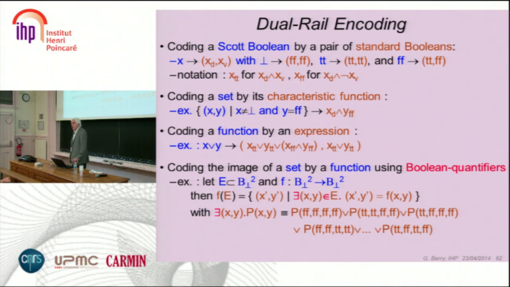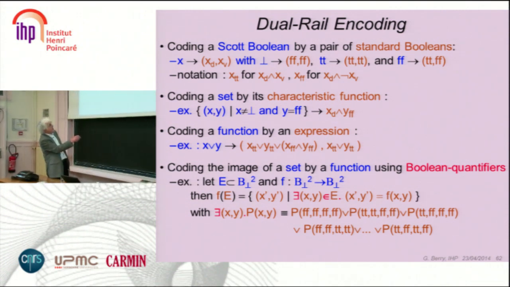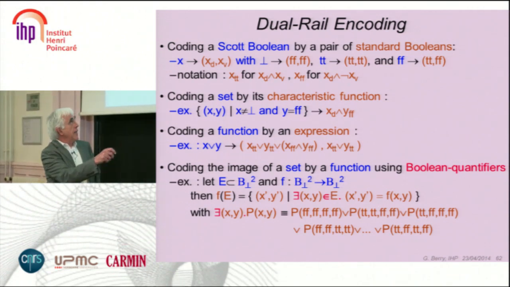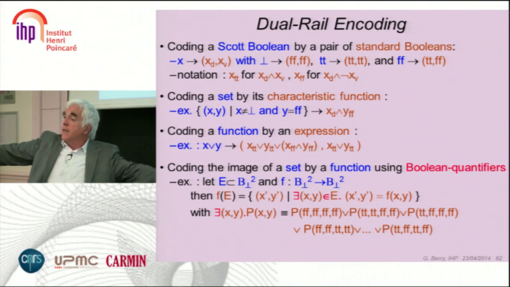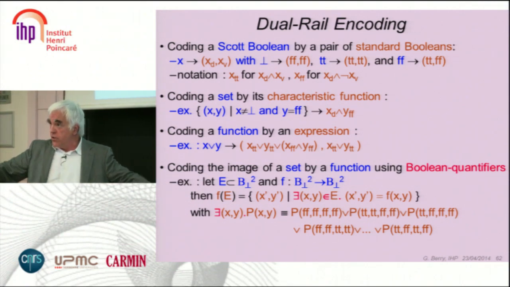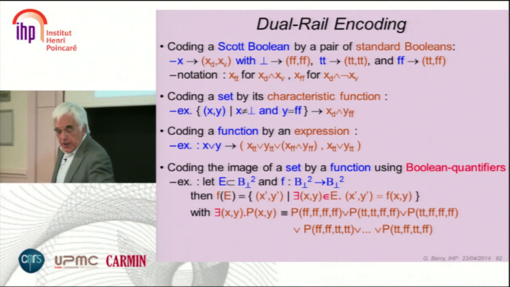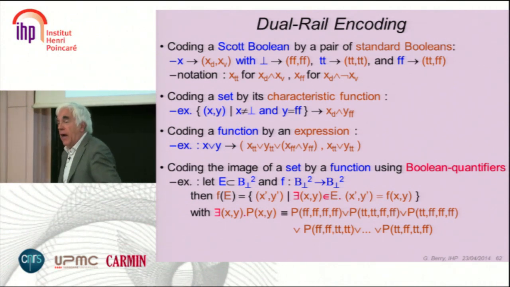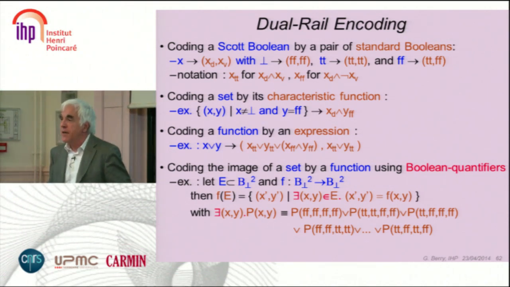That's the tricky point. Since you are in a finite set, you can obviously code the image of a function by a finite expression, because the image is an existential quantifier, and because you have a finite set here, you can just enumerate, take a big OR of the enumeration of the values. If you do that, you're dead, because it's exponential. If you do that nicely, you're not dead. And that's a big, big, big game.